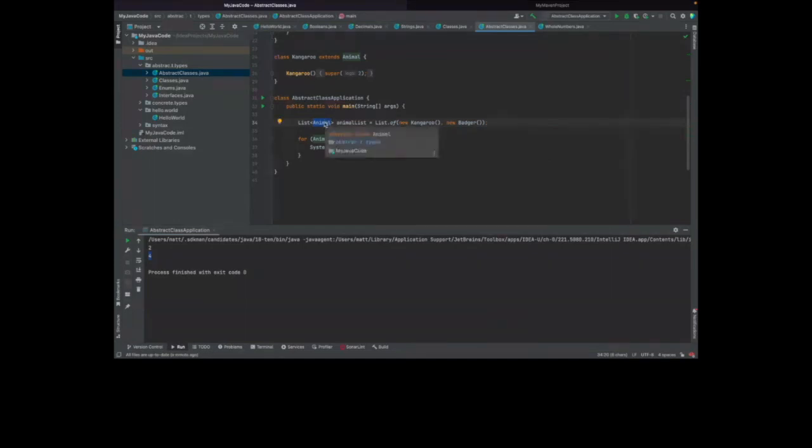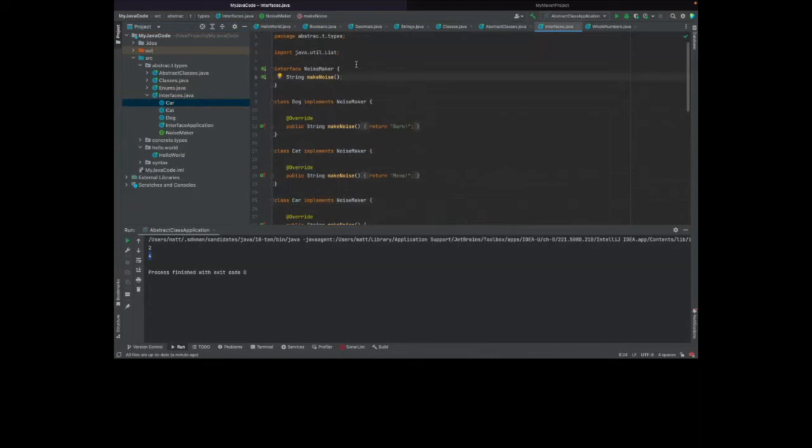We have another sort of abstraction called interfaces. And interfaces are very much like abstract classes, except rather than worrying about properties or being parent classes, interfaces only care about what you do, what operations you can perform. So say an interface is called noisemaker. I'm going to say that a noisemaker should have the operation make noise, and it would then return a string. That's what this syntax means.